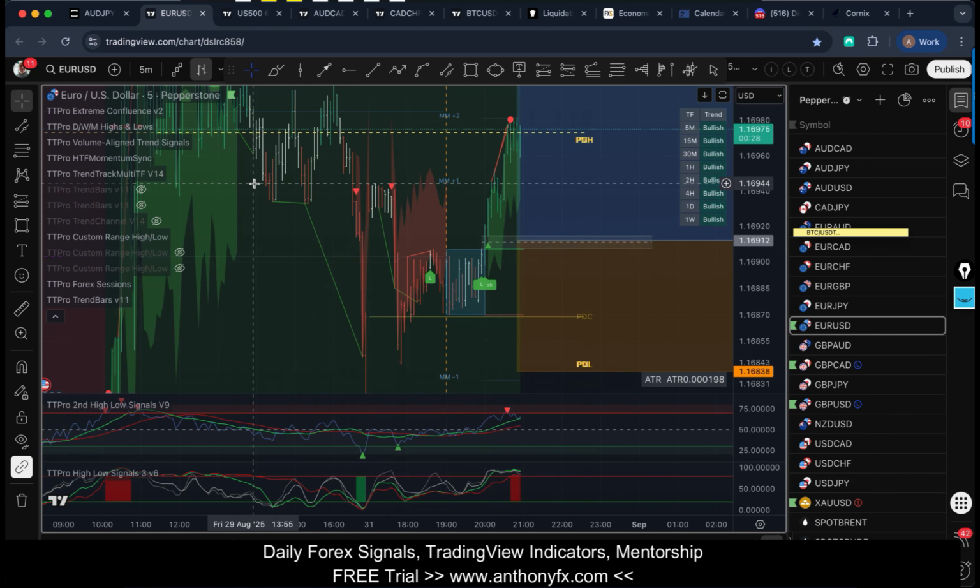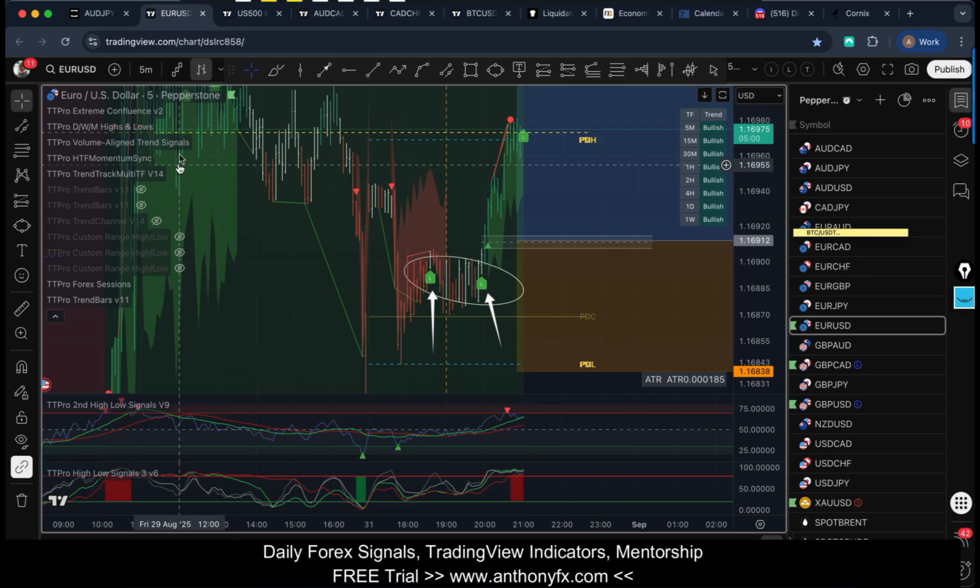So we're just looking to get in with this indicator here. This is the trend momentum sync. See that? And the other indicator that I'm wanting to give me confirmation is this one. So just have a look down here. We've got these two signals firing. So these are the two key indicators. Let's just take out that one as well. That's the other signal. So we've got, just have a look at these. Oh, and this signal here. So there's three main signals,